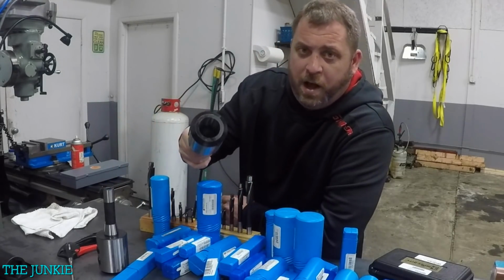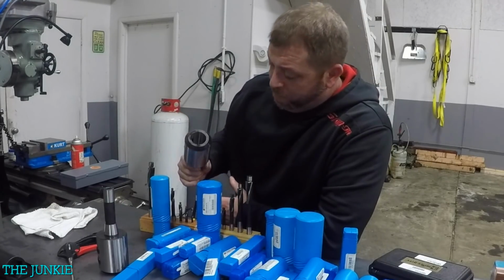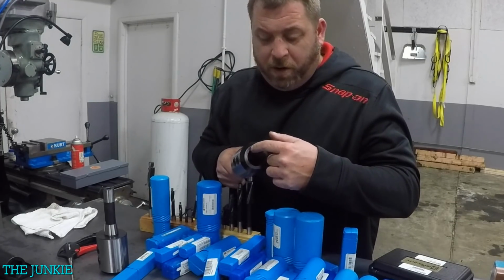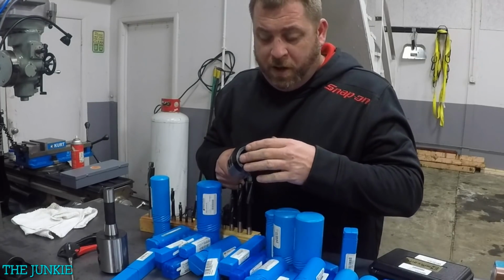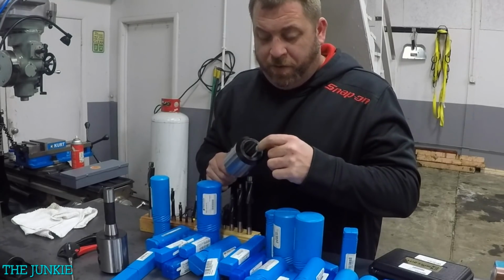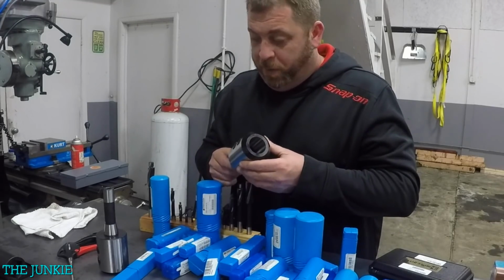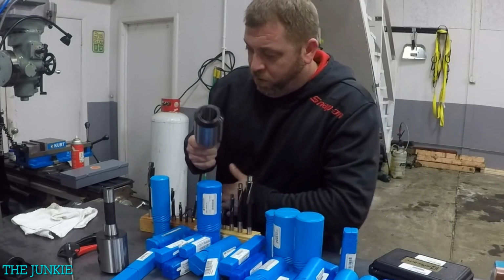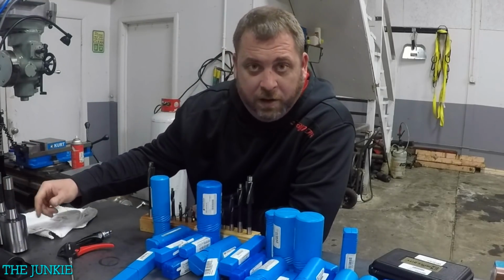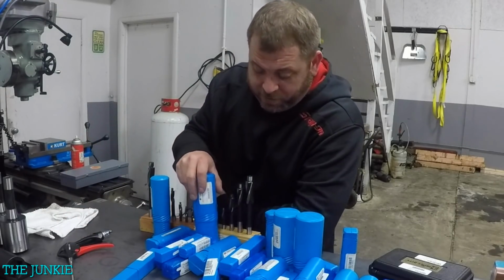The first thing I got is these R8 end mill holders. I bought 2 of these because I'm gonna have to counter bore. I'm gonna try to boring bar these. I don't know if they're hardened and heat treated. I don't think they are because they're just ground. At least I'm hoping they're not hardened, but I think carbide will go through it. I'm not sure. If not, I'll have to send it out and see if I can get somebody to counter bore this for 2 inches, because I bought